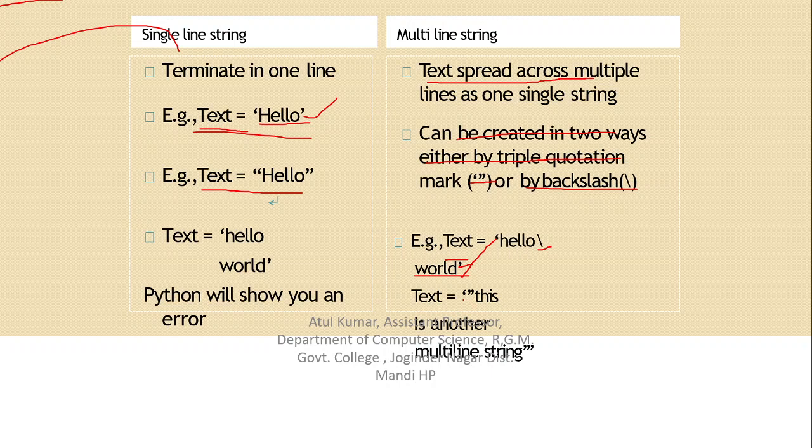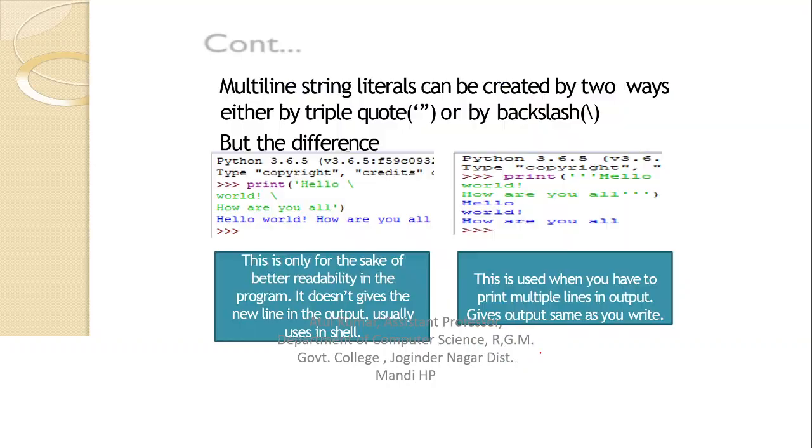Similarly, it can be represented with the help of three triple quotations. So triple quotation, when it ends, is called a multi-line string literal. So these are examples of multi-line string literals. In the first, we have a backslash, and until we reach a backslash, all of this is a multi-line string literal. Similarly, we have a triple quote here, and where it ends, all the lines are included in a single literal, so it is a multi-line string literal.